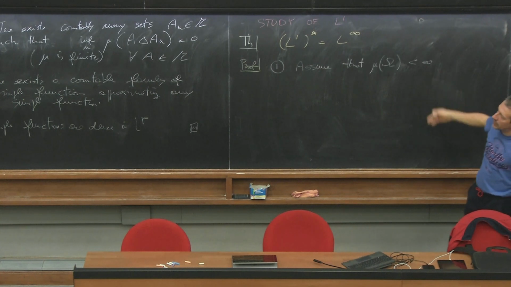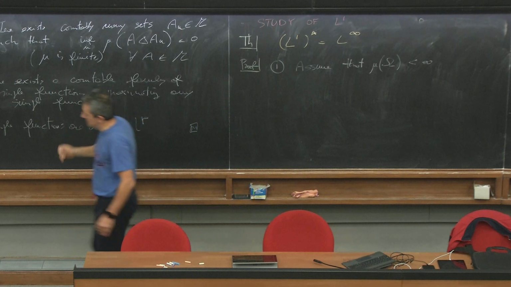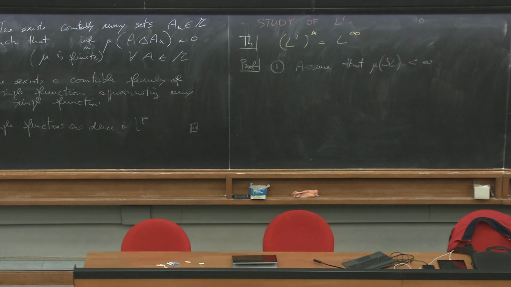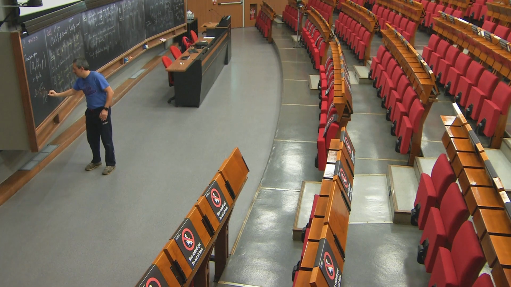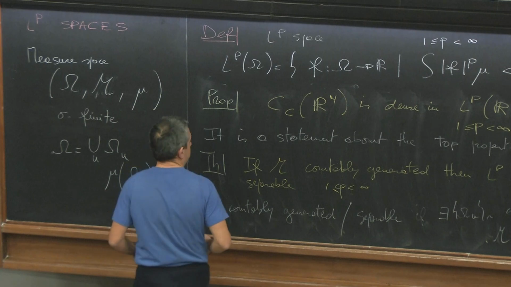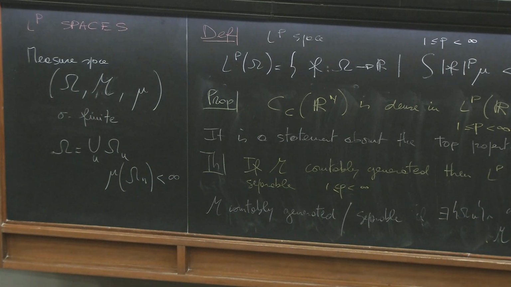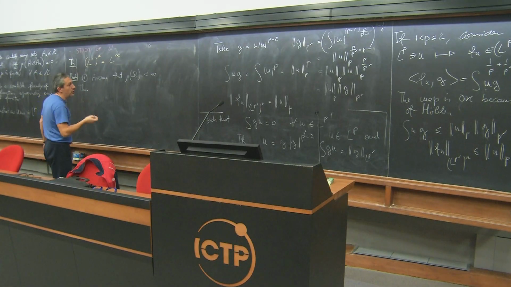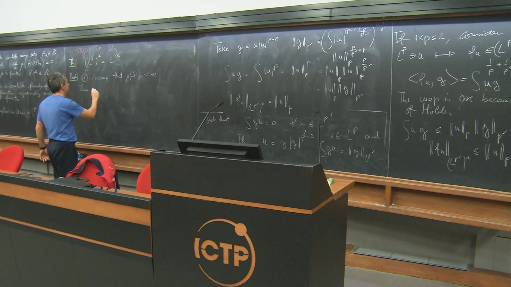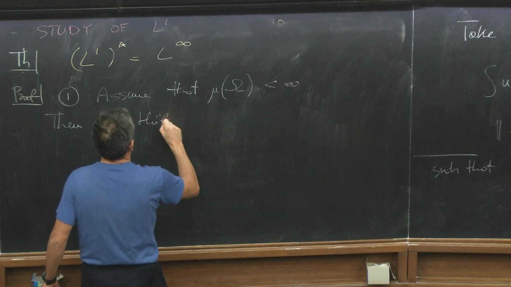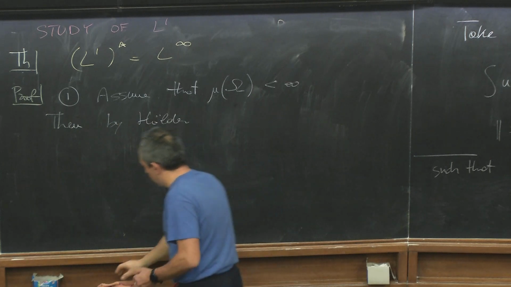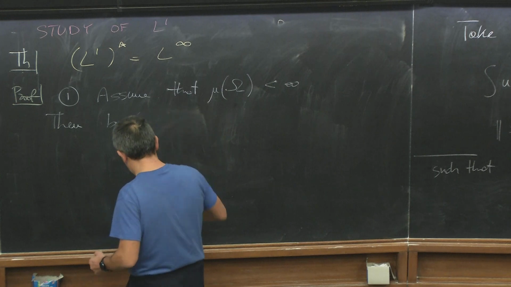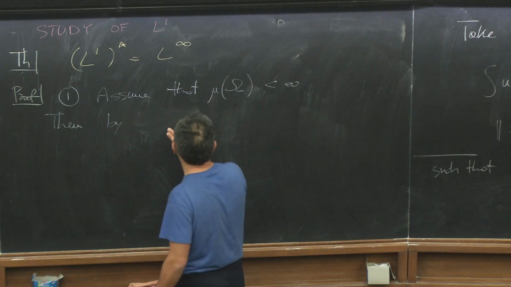So we are sticking one of these omega n, let me call it here, so omega is equal to the union of omega n, and the measure of omega n is less than infinity. Then what do I do now? Then, by Holder inequality, so what is, not by Holder, sorry. This is not the smart thing. So by Jensen,